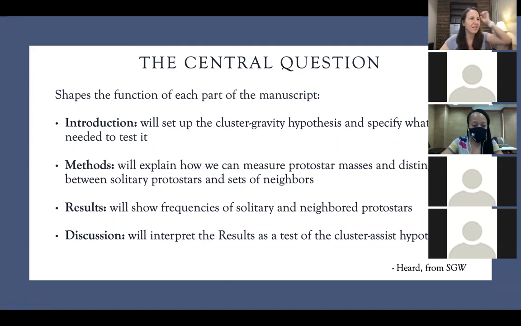And let me answer the question in just a minute. The discussion then will interpret the results as a test of the cluster hypothesis. So somebody's asking, if we don't have data, do we add a possible answer for now? Yeah, that's what I would do